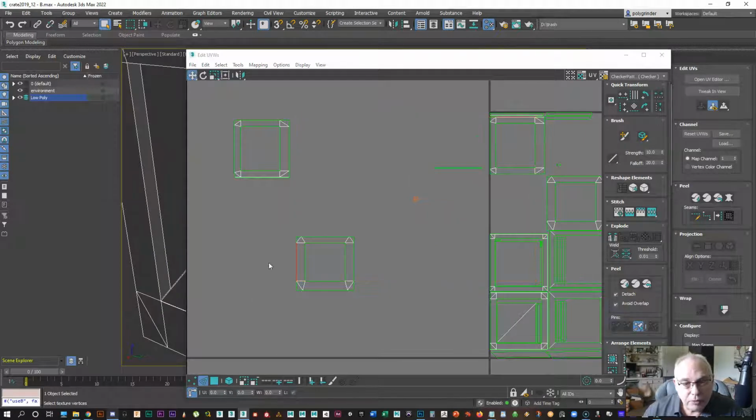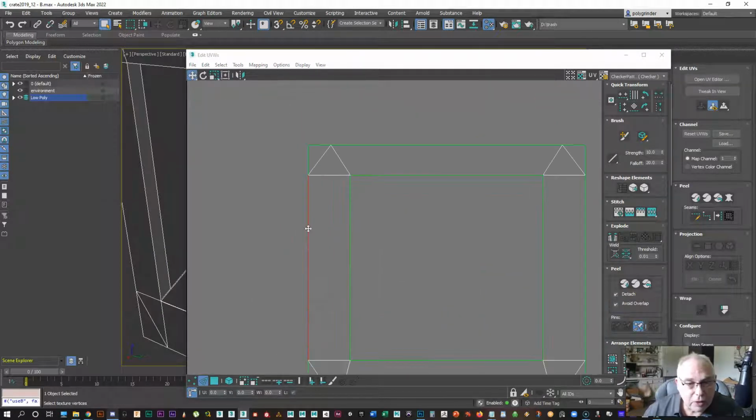Go to my move, and there it is. So all I have to do is double click. Well, actually, nope, it's broken, so we're just going to manually pick here and here, and right click, stitch selected,